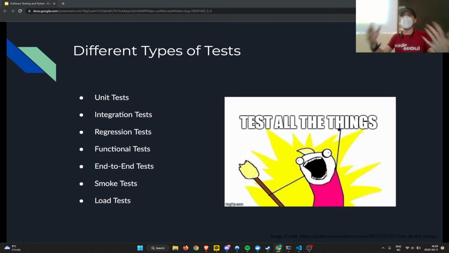But if you have a regression test, and that test should have some comment about what bug it's fixing, why the bug happened, or ideally a link to a Jira issue or Trello or Asana, whatever you're using for task management, they can see, oh, this is a regression test. Oh, that logic is necessary. It fixes this bug. Oh, I can see in the task management, okay, that's the bug it fixes. Okay, so regression tests, very nice.